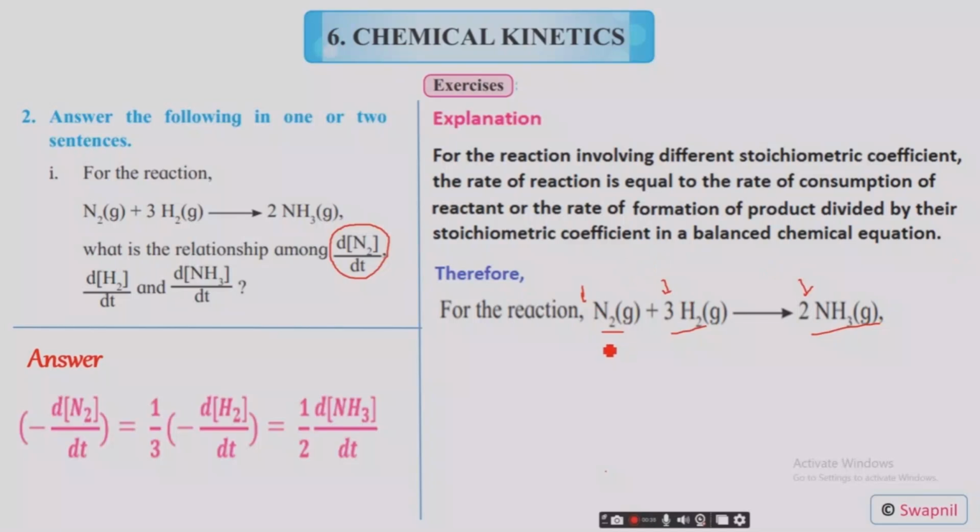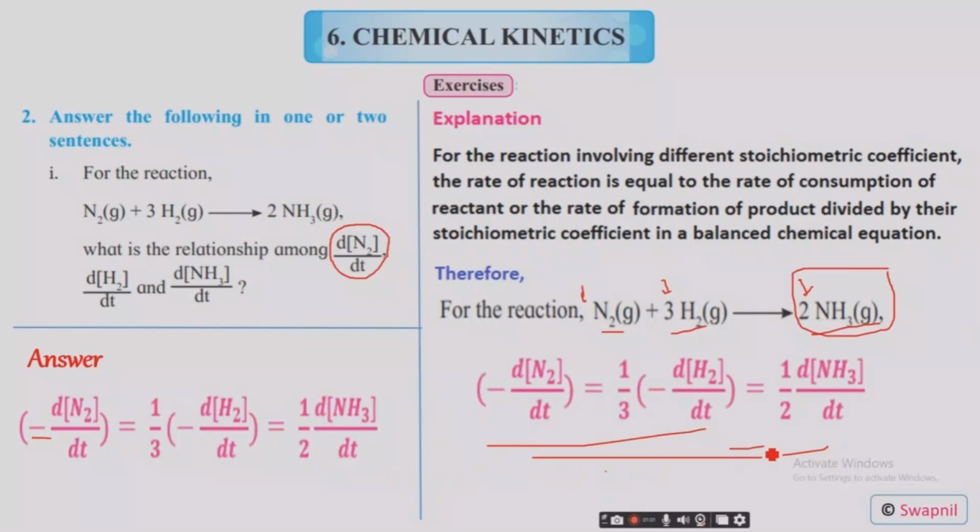And again, N2 and H2 both are reactants, so their concentration decreases with time. So we have to put a negative sign in front of their instantaneous rate, and NH3 is a product, so its concentration increases with time, and therefore we have to put a positive sign in front of its instantaneous rate. So the relation among these three instantaneous rates is minus very small change in concentration of N2 divided by dt is equal to 1 by 3 in bracket minus very small change in concentration of H2 divided by dt is equal to 1 divided by 2 very small change in concentration of NH3 divided by dt. So next,